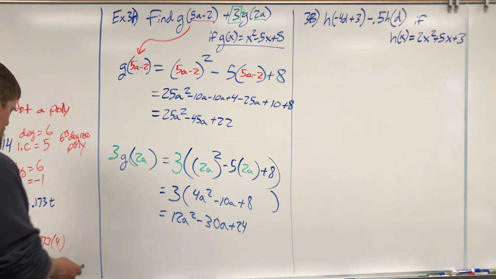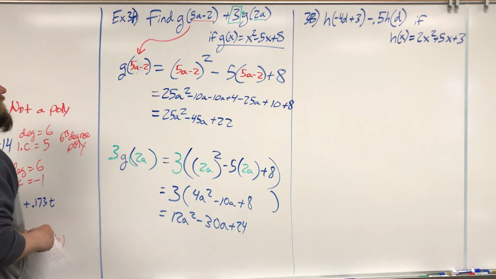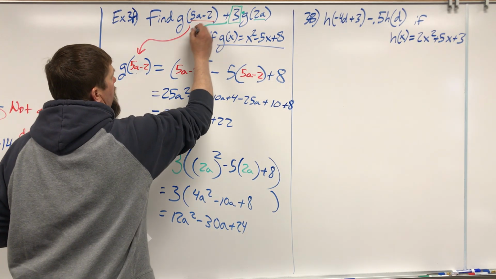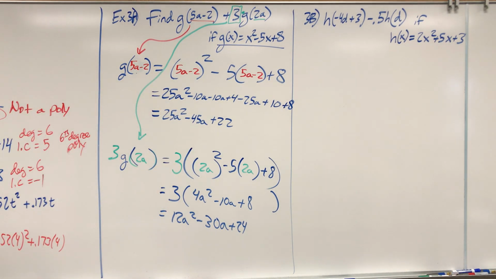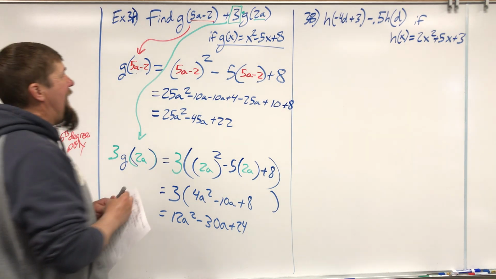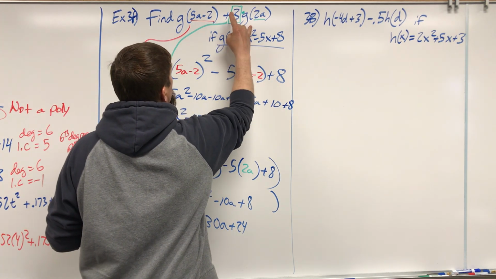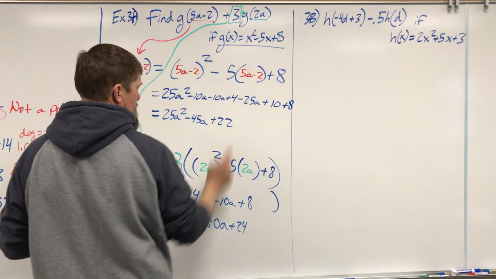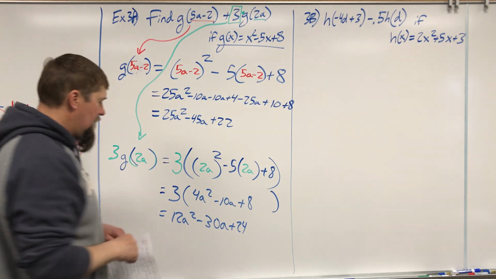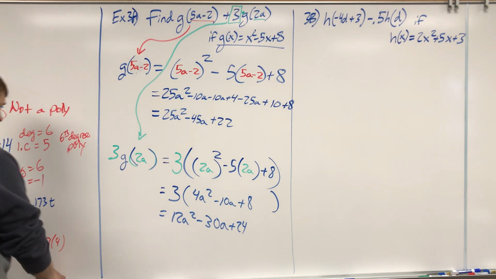Now, we just finished evaluating the second part. So now, in the end, we have to add these two. Okay, so we've evaluated the first part here, the second part here. Now I need to add them, so my answer ends up to be